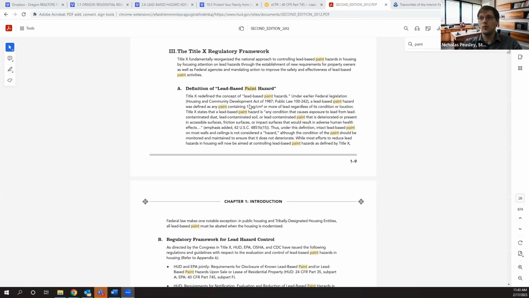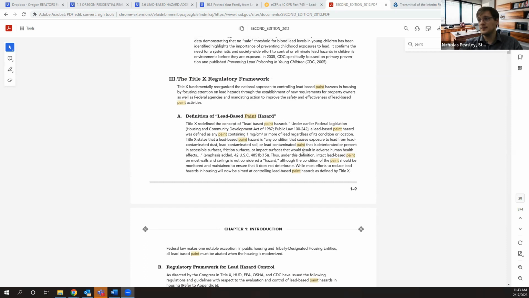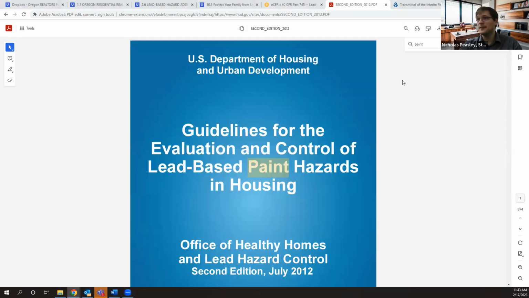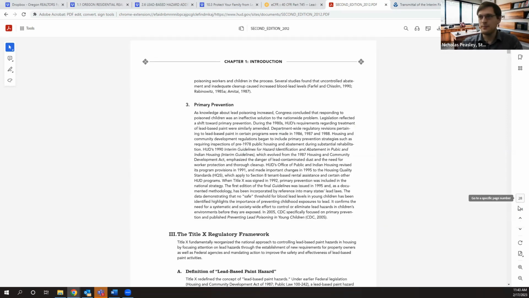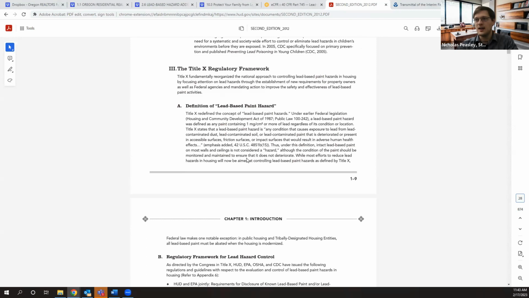So when we were talking about what about if it's painted over, so this is a HUD guidance document. I'm on page 28 of the process. This is Guidelines for Evaluation and Control of Lead-Based Paint Hazards in Housing, produced by HUD, specifically the Office of Healthy Homes and Lead Hazard Control. On page 28, they provide a little more guidance, and they say,